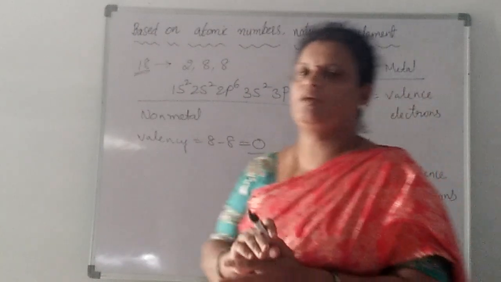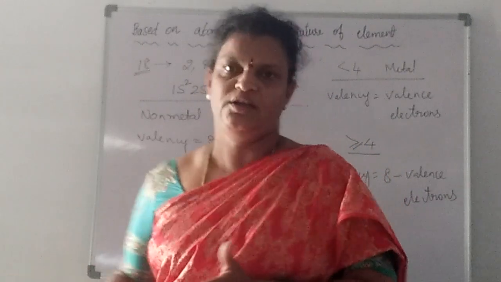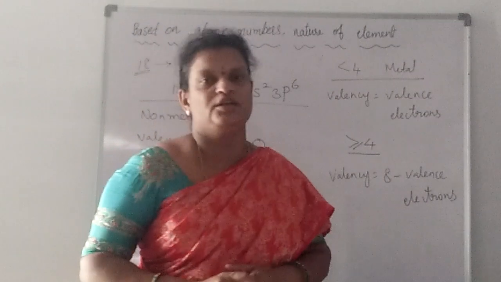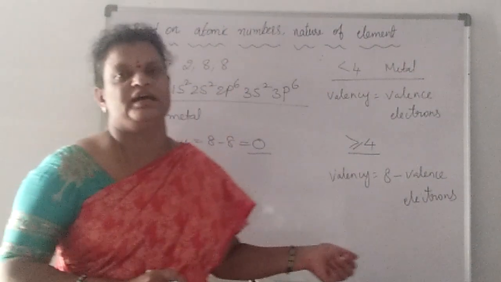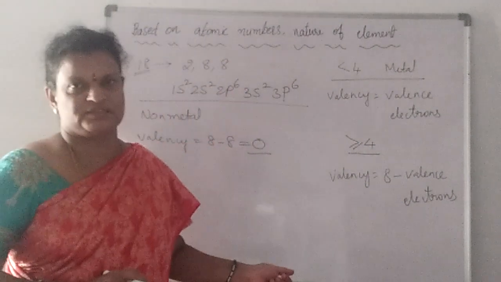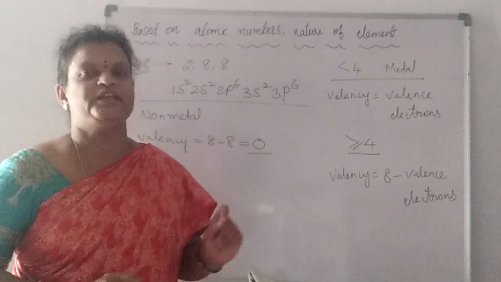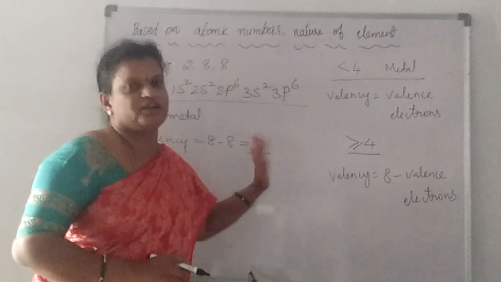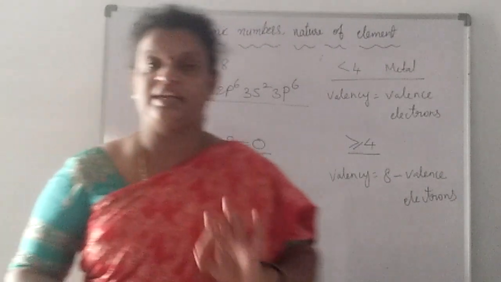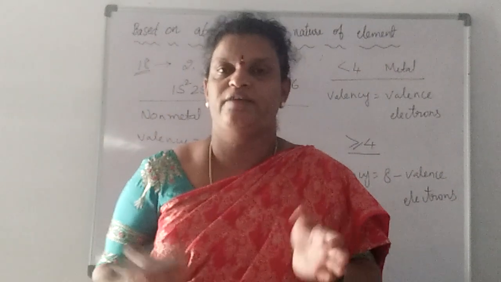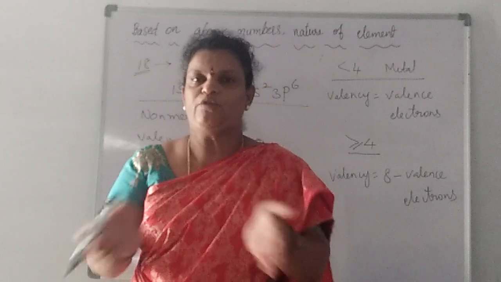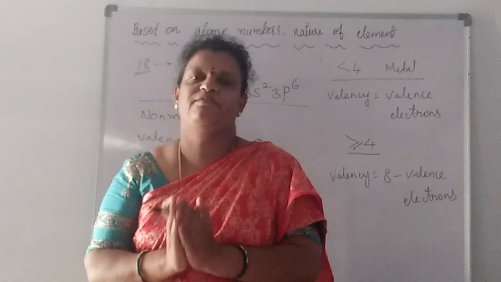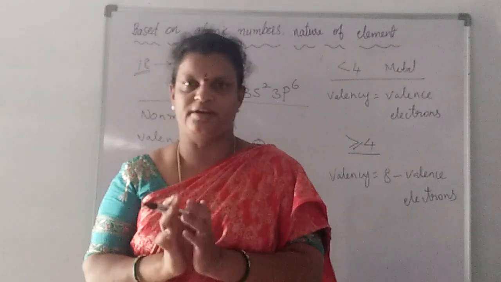That means it does not form any bonds with any element. What is this element here? 18 is nothing but argon, right? So this element is an inert gas, a noble gas, which does not participate in any chemical bond. Like this, based on the atomic number, we can easily say what is the nature of the element, and if two elements' atomic numbers are given, what type of bond is formed between them, that also we are able to say very easily.